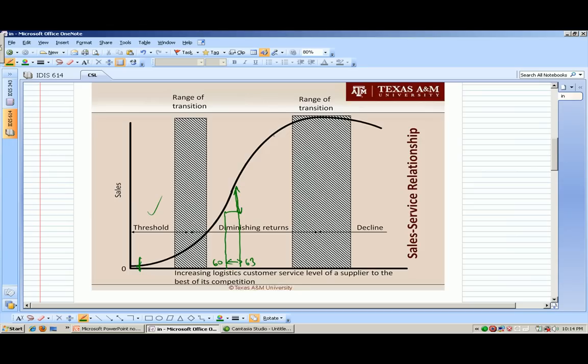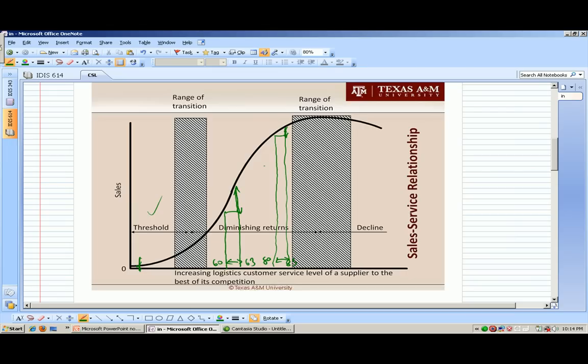Okay, if I try to do the same improvement later when I have 80% and 80% to 83%, although I made the same improvement in my customer service level, I have a fraction of the initial improvement. So that's why we call it diminishing return area. Initially, you get bigger benefit. As you go to higher levels,